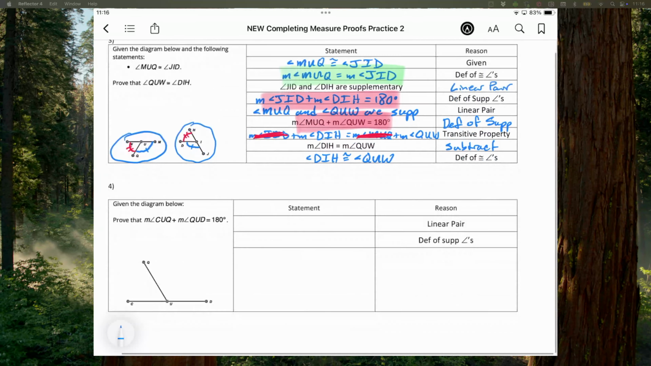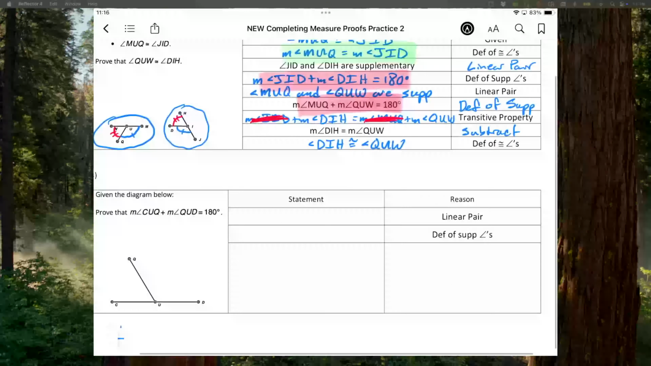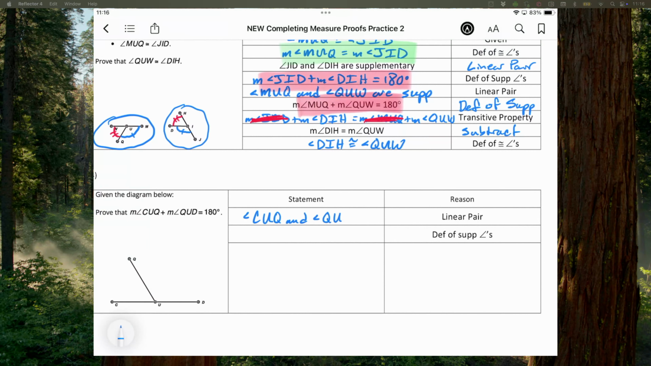Okay. Number 4 is very easy. We're supposed to prove that those two make 180. So, angle CUQ and angle QUD are supplementary